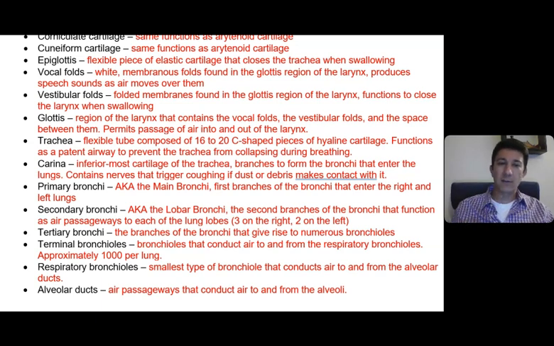Very shortly after that, the primary bronchi branch into secondary bronchi, and these are much smaller diameter bronchi. These are also referred to as the lobar bronchi, because the lobar or the secondary bronchi function as air passageways that serve each of the lobes of the lungs. So the right lung has 3 lobes. It has a superior, middle, and inferior lobe, and the left lung has 2 lobes, because the left lung is